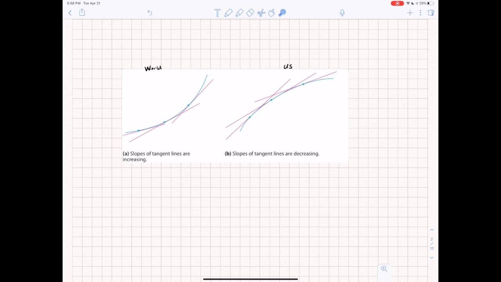Versus in part B, where all the tangent lines sit above the curve, and notice that all of the tangent lines are beginning to flatten out as we travel from left to right, looking at these points that they've chosen. So that means I'm starting to get more run versus rise. My slopes are getting smaller and smaller in value, 1/4 versus 1/5 versus 1/6, etc. The fractions will get smaller and smaller as the denominator gets bigger and bigger. All right, and so